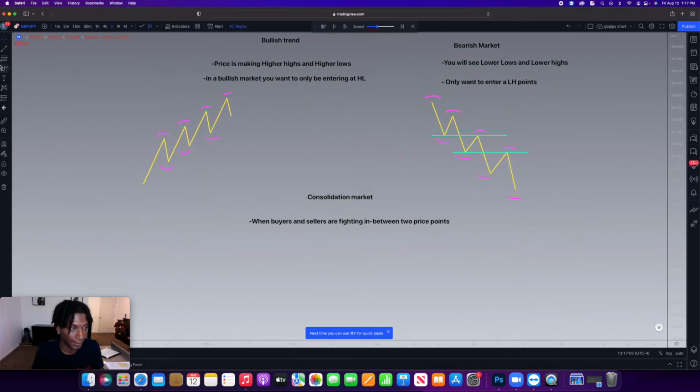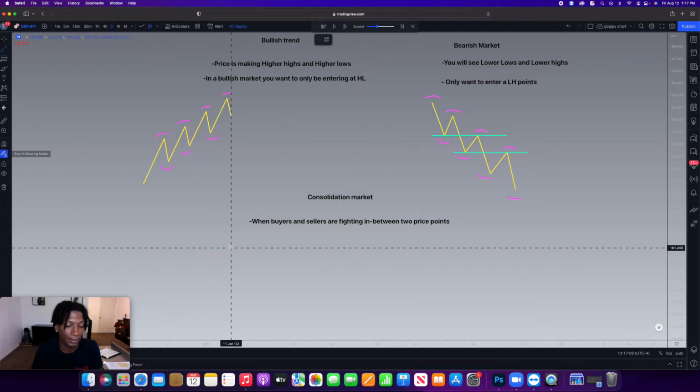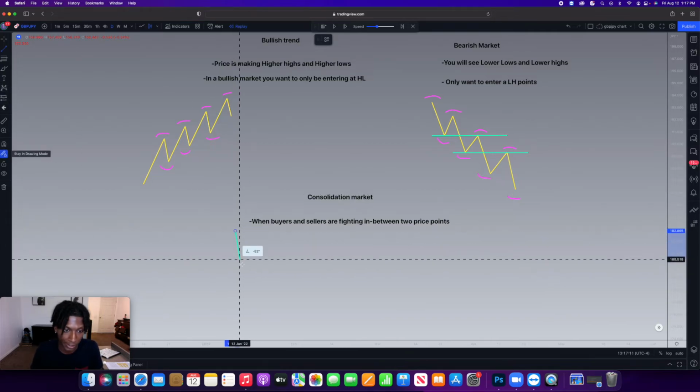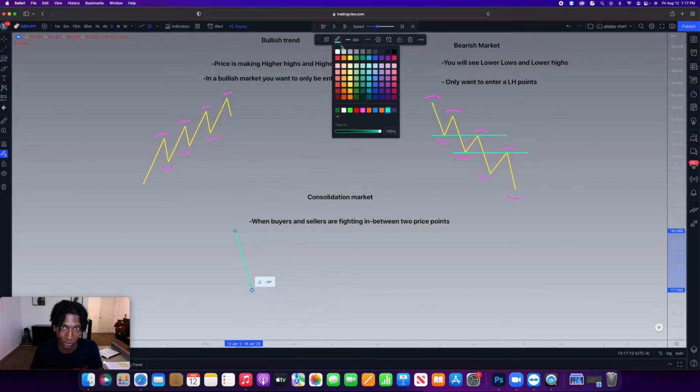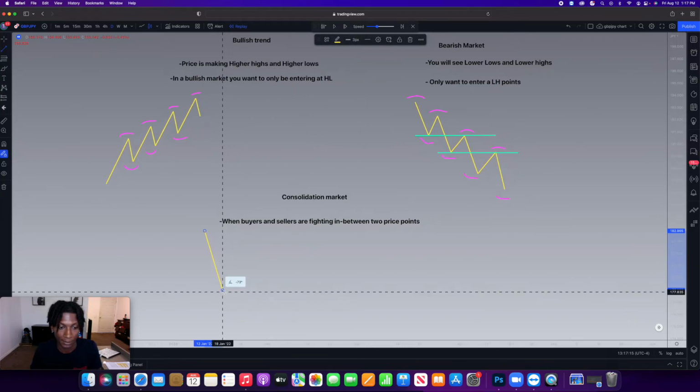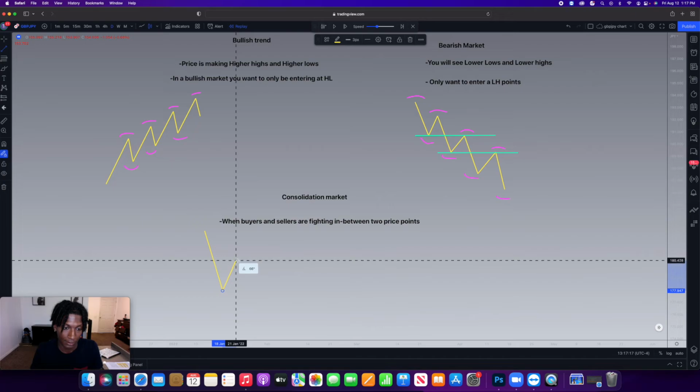All right, and a consolidating market will look something like this, where say we're in an overall bearish trend and price comes down to a support area, finds a resistance here,